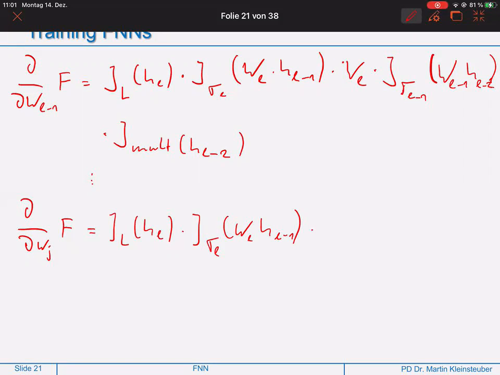Then we have the weight WL here, multiplied with J sigma L minus 1. All we're doing here is the chain rule applied to the functions that our feedforward neural network consists of. WL, J L minus 1, and then we have WL minus 1, HL minus 2, and then it repeats, and we go to the Jacobi matrix here of